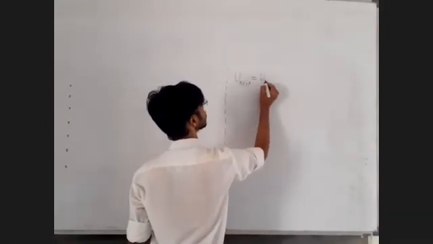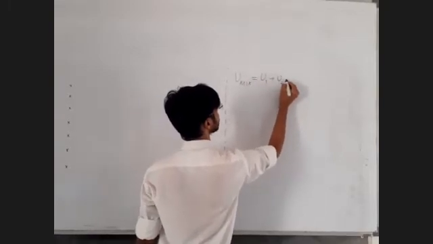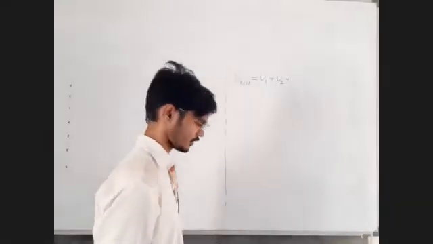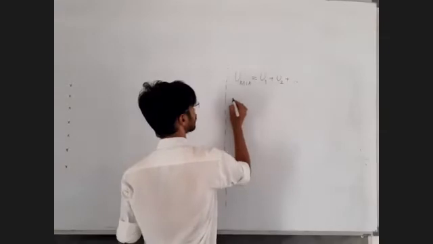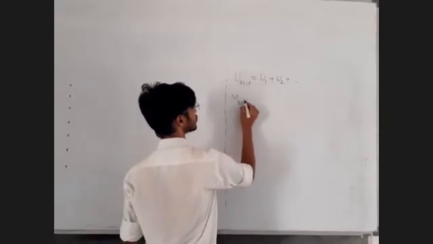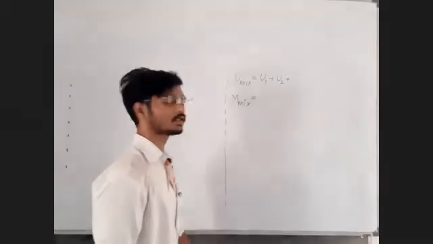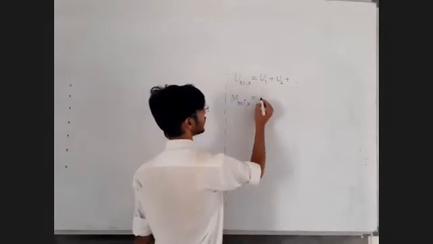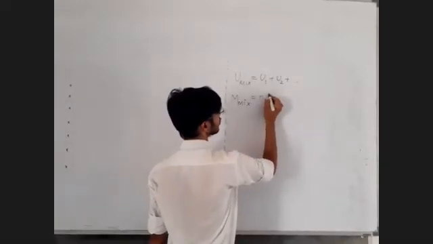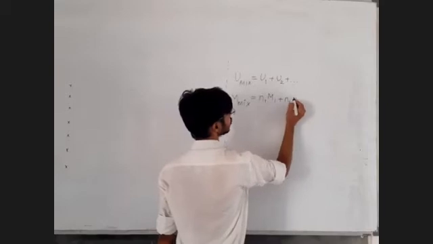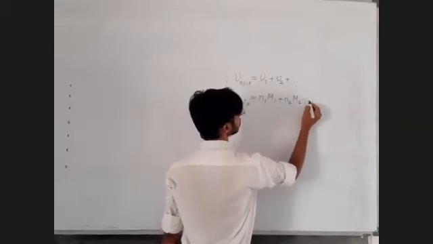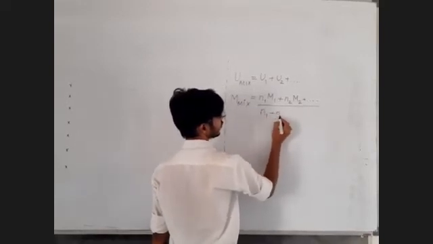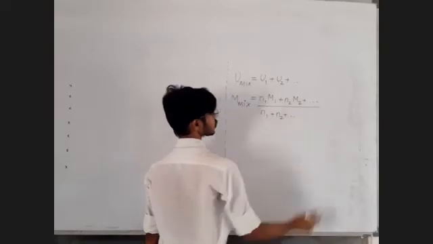It is internal energy of the first gas plus internal energy of second gas and so on up to internal energy of nth component, nth gas in the mixture. Fine. What is the molar mass of the mixture? Very simple. It is to be found out with the help of concept of mole fraction. The final formula that we got was N1M1 plus N2M2 and so on up to the last component, whole divided by total number of moles in the mixture, N1 plus N2 and so on.